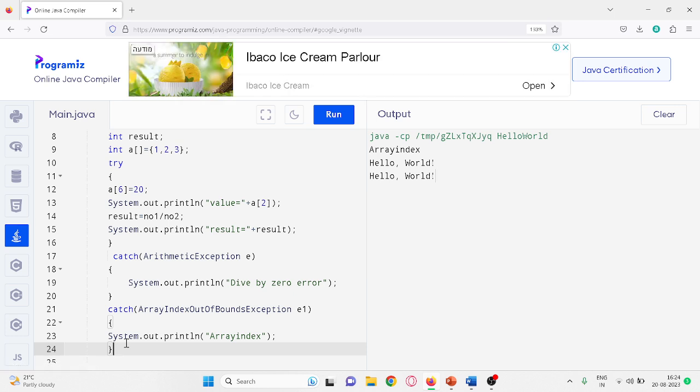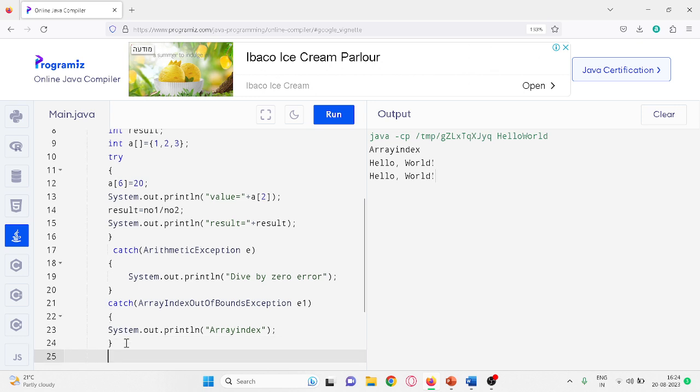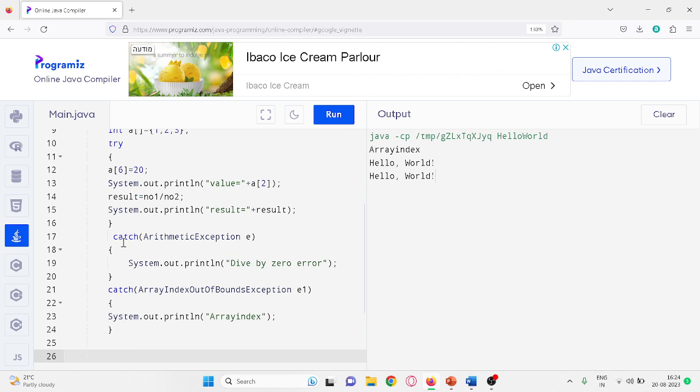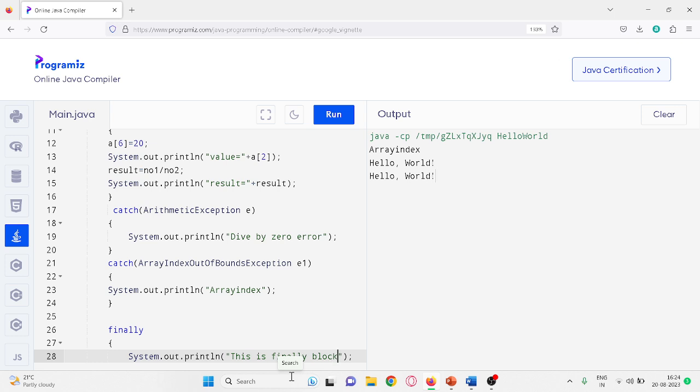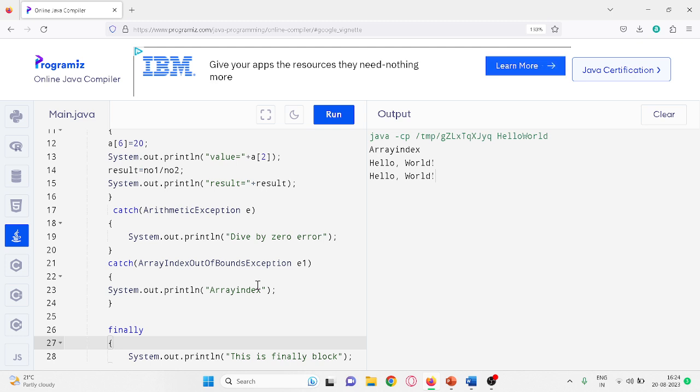If you have a try block, you should have only one finally block. You should not have more than one finally block. See here, I have arithmetic exception. I handle the exception and I am going to give a finally block. Here I am going to display, this is finally block. Whether the exception occurs or not, whether we are handling the exception or not,